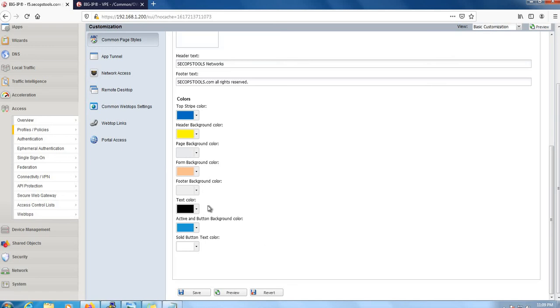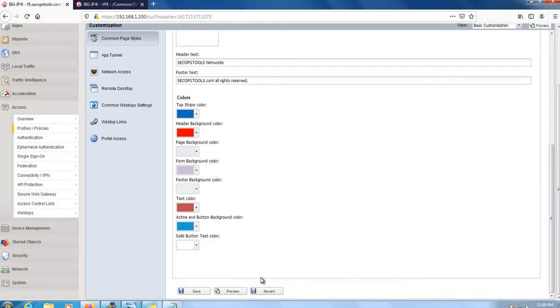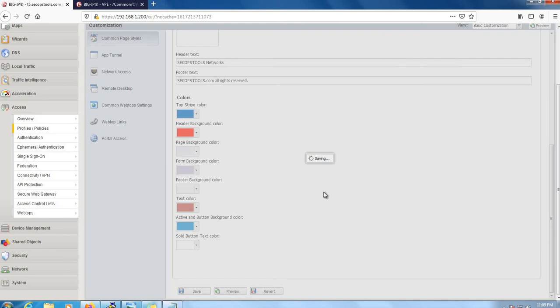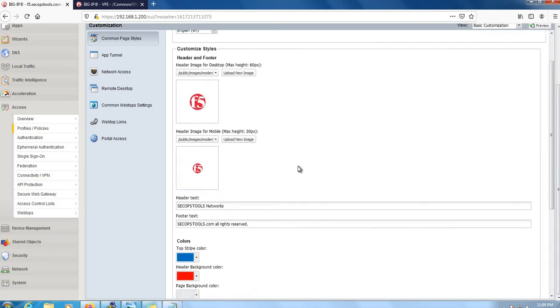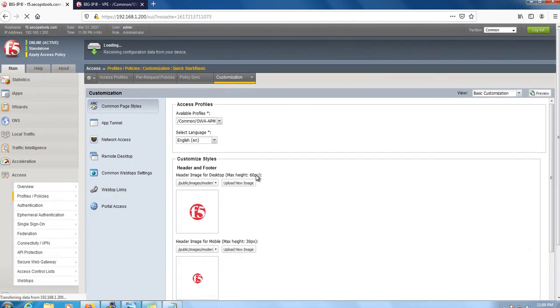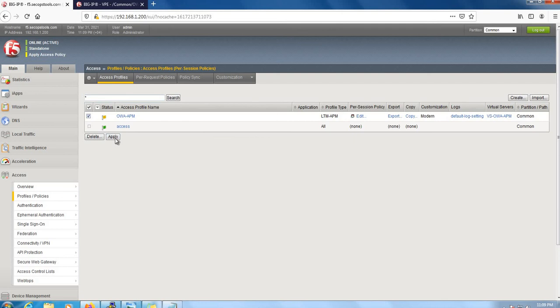Then header background color, we'll make it red. Form background color, let's make some other color. Text color, let's change it to some other color. Let's save it and see if it is applied, because I guess some old config is there.